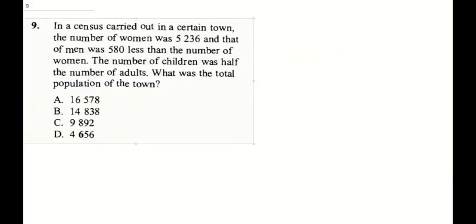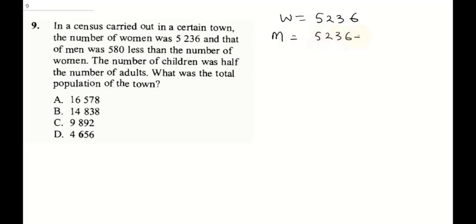It says, in a census carried out in a certain town, the number of women was 5236, and that of men was 580 less than the number of women. The number of children was half the number of adults. What was the total population of the town? Now, notice that it says women, it's 5236. Then it says men, it's 580 less than the number of women. That's men will be 5236 minus 580. Now when you evaluate this, it's going to give you